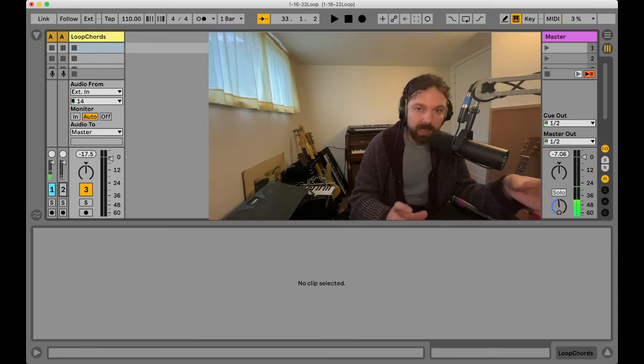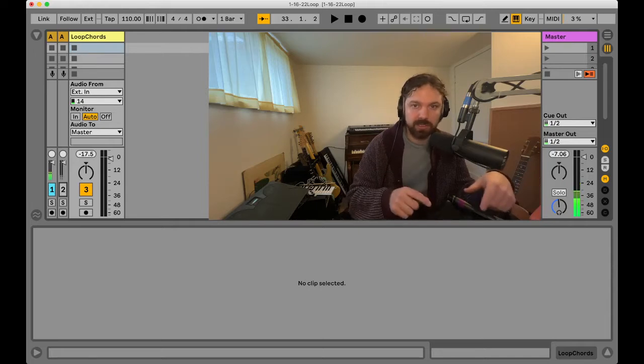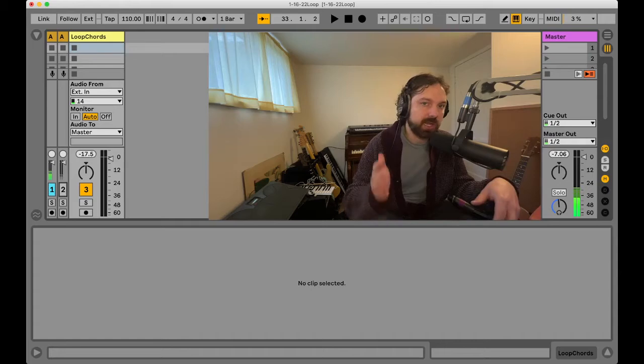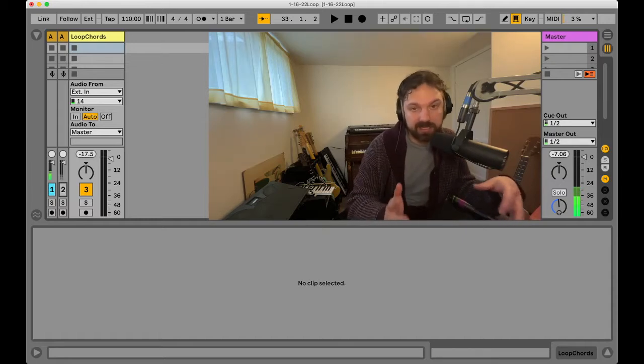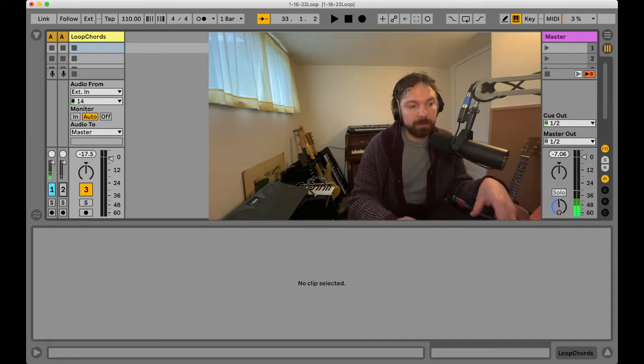Really, MIDI is a musical language to play samples. There are a lot of different ways that it works, but usually it's done with a piano roll. So when you hit different notes on the piano, it's going to play a sound, and in this case it's going to play the sound of a drum kit. It doesn't always have to be a piano, but that's the easiest way to use it,